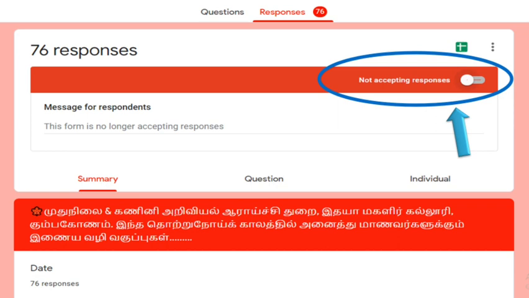If we want to set a days limitation for our form, that is, the duration for which our form accepts responses from the respondent, we can enable the not accepting responses option. Then the form will not be able to accept any other responses, that is, any other form submission. In this way, we may set a days limitation for our form. And then by default, except for the settings option, all the changes we made in our form will be saved automatically to our drive. That's all, some ideas about Google Form creation.